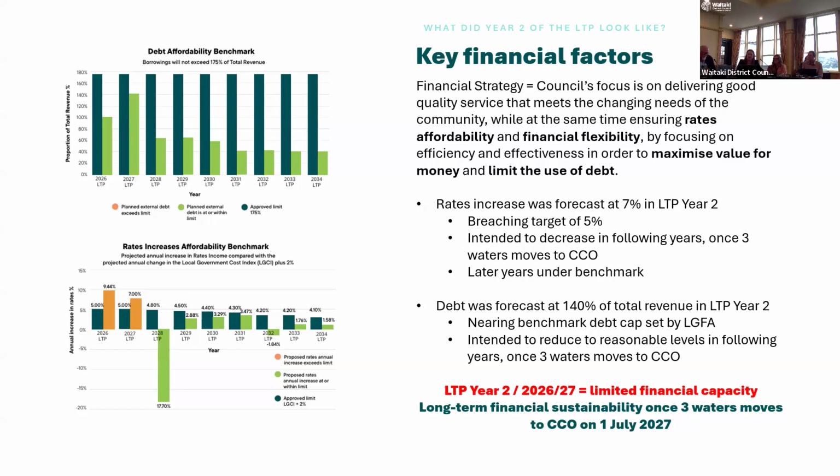So in terms of rates, we kept it at 9.44% in this current financial year, 2026, and we were able to reduce it to 7% in the LTP year 2. Note it is breaching the target of 5%, but has a decreasing trend. That 17% decrease is when we no longer rate for waters in the 28 financial year, and instead the waters CCO separately charges for water. So just to clarify,